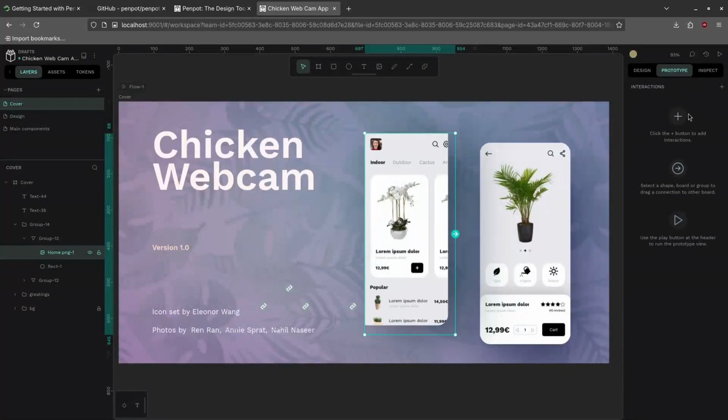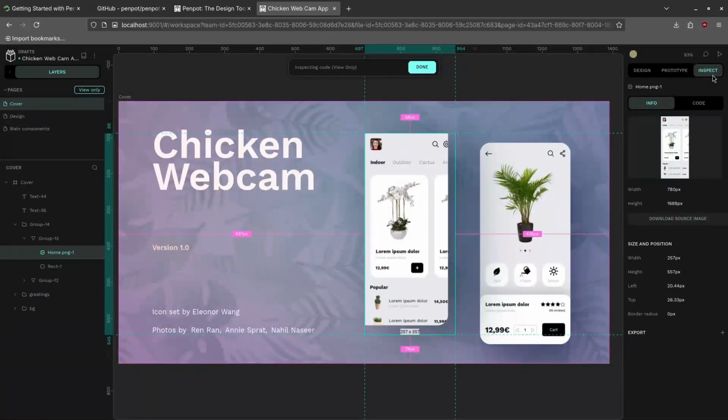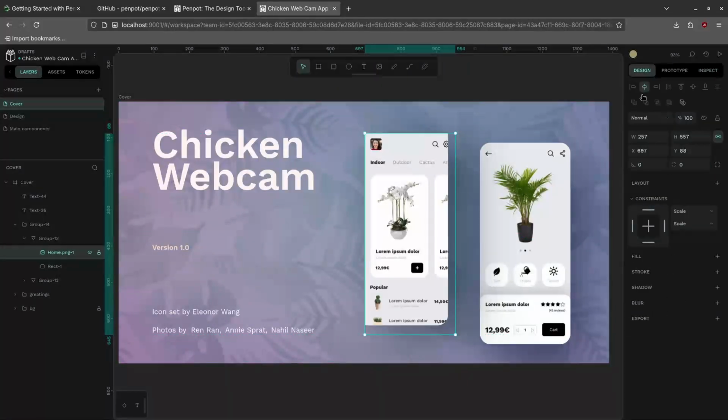is it the button to add interactions? I don't need interactions. Inspect, no, not inspect, design. Still getting a little bit of a glare. Then you can also export this. See what's under export. You can export it as a PNG, and you see you can export the element. However, if I want to replace this image,